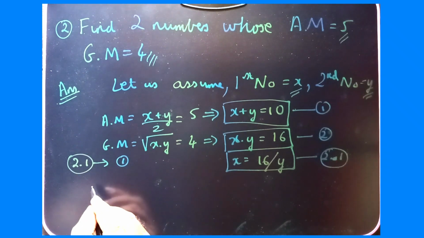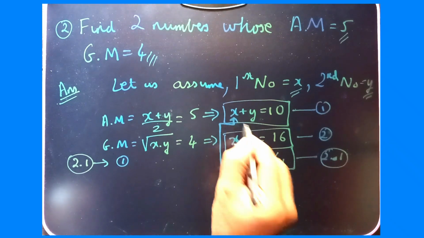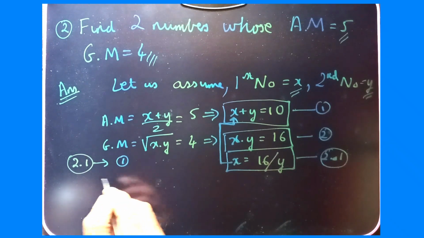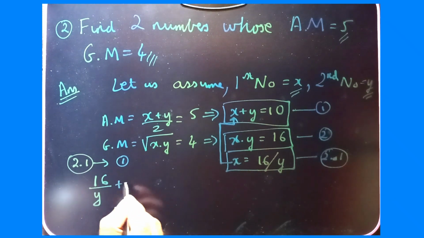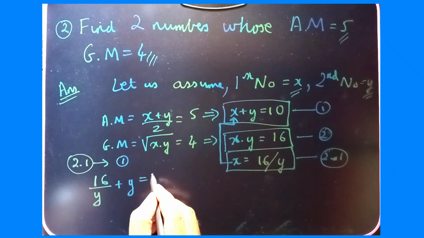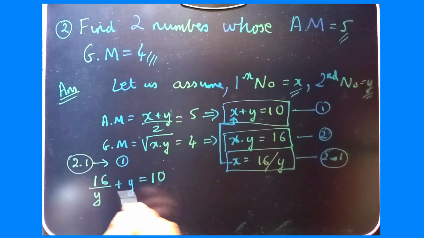Okay, so what we are going to get, if we put the value of x here in 1, you are going to get 16 by y plus y is equal to 10. I hope all the signs are correct. Okay, so this is going to work out as,